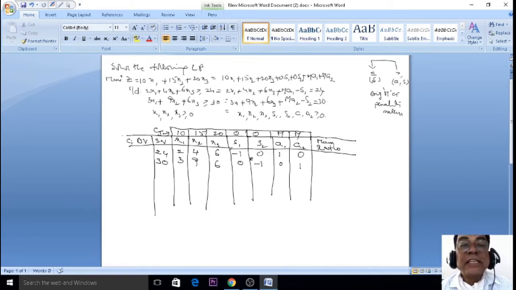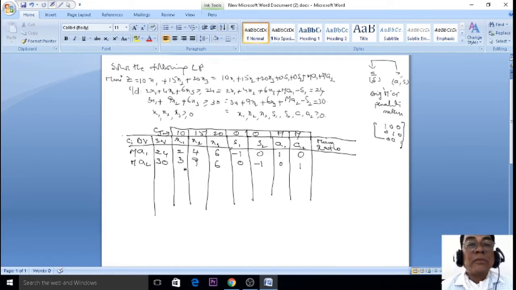Come to this point. Where is the unit matrix here? Not this one, this is minus 1, 0, 0, minus 1. In the previous problem, it was 1, 0, 0, 1. But here it is minus 1, 0, 0, minus 1. Where is the positive 1? Unit matrix 1, 0, 0, 1. So 1 is there. So what are the top values? MA1, MA2. In the previous problem, where 1 was there, you had to write 0 as the coefficient. But here it is not. So what is the unit matrix here? 1, 0, 0, 0, 1, 0, 0, 0, 1. Same.